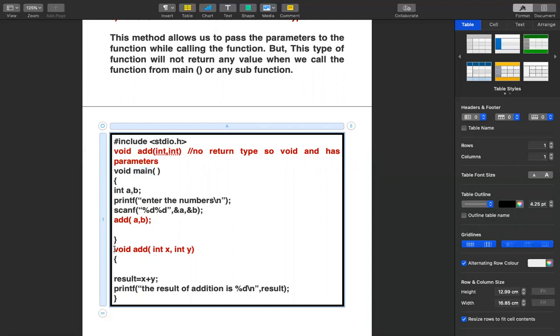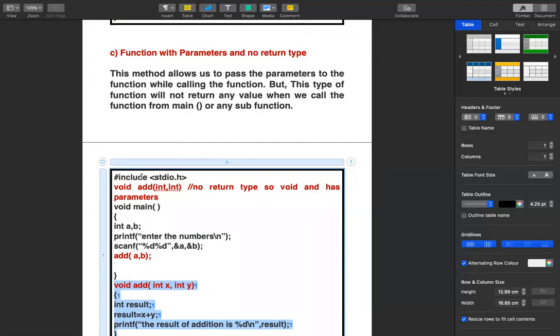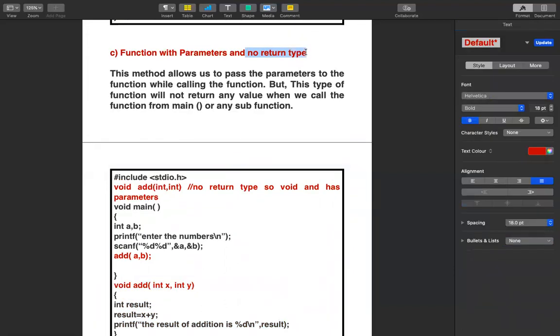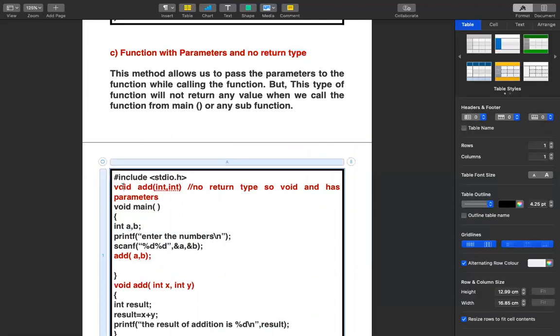Okay, let us see what you are calculating. Result is equal to x plus y. We calculated the result and printed the result. Since we want to calculate the result, we should declare a variable int result in this particular function, because result is not declared at all. So we have to declare result first, calculate x plus y, and print the result of addition. So carefully observe, where did we print the result? We printed the result inside the add function. We could have printed that in main by returning the value of result to the main function, but we are not in this category. We are not supposed to return anything because it says that it has no return type. That is why, since no return type, we have come to the void function.